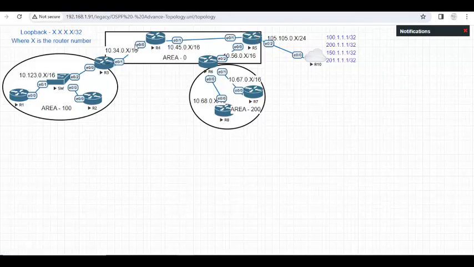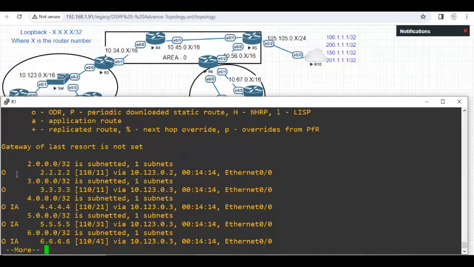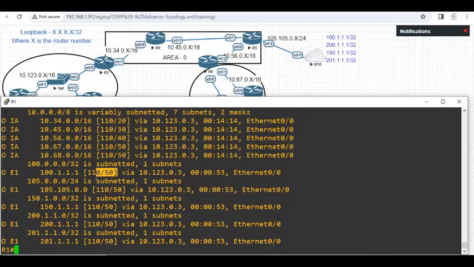Let's go and verify. Earlier it was 20 external, but now it is 50. Now you see it has turned to E1. E1 means path cost needs to be added. E2 means path cost should not be added, right? So we have learned LSA types. Are you comfortable? So we'll